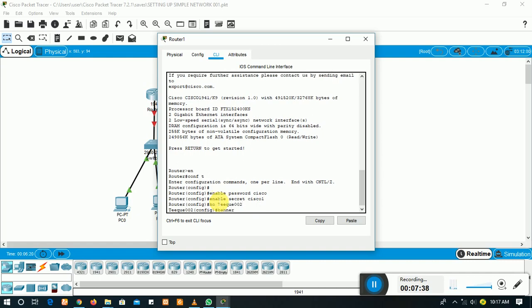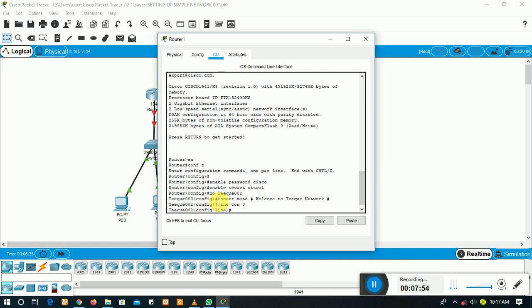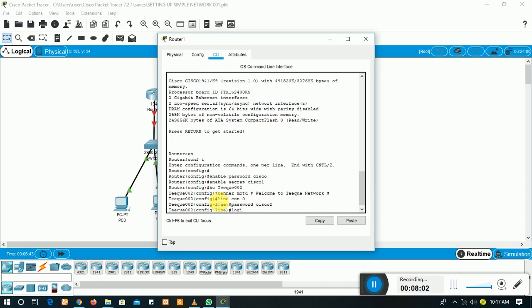banner MOTD, welcome to TQ network, line console 0, password Cisco 2, then login,